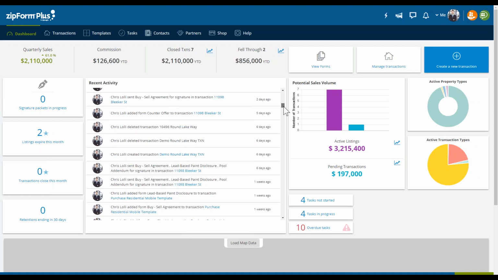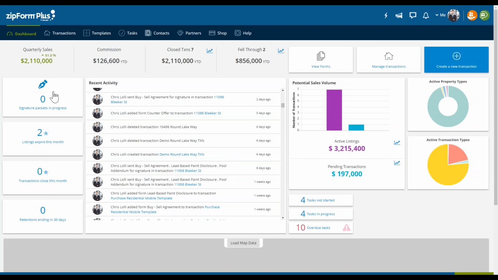Because say your boss calls you, like, you were working on a transaction last week. What was it called? I just want to make sure everything's good with it, and I can close out of it. Well, it's this Bleecker Street transaction. Okay? Again, just at a glance, you can have access to the entirety of the platform.